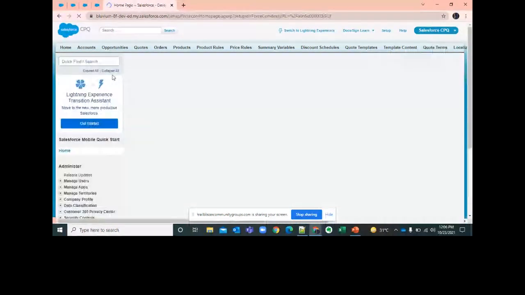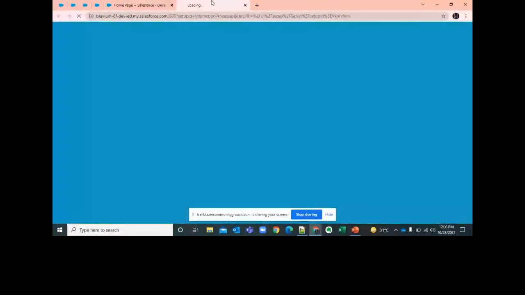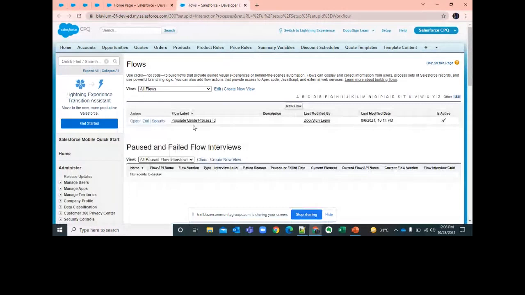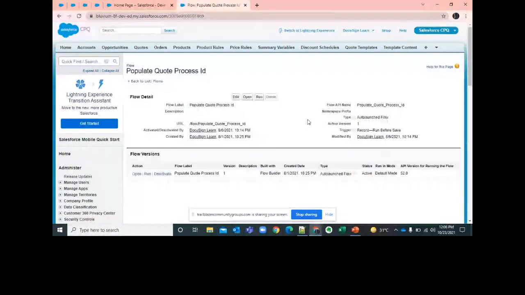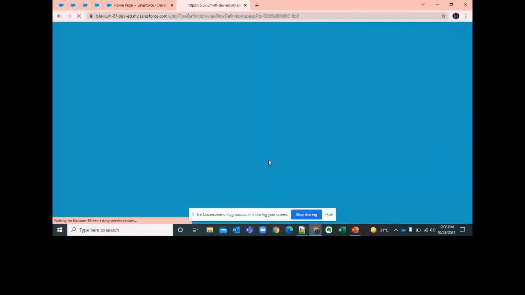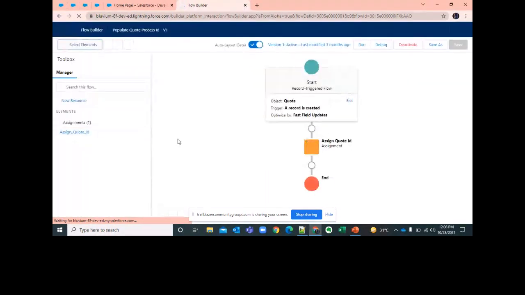And you want me to open the flow, correct? Yes. Click on open. You want me to guide you through the flow as well? No, just describe it. I just wanted to highlight here that in real time it's not going to be like that, we are hard coding the ID. So all the participants have to follow the triggered flow. This way you can populate the code process ID as soon as your code record gets updated.